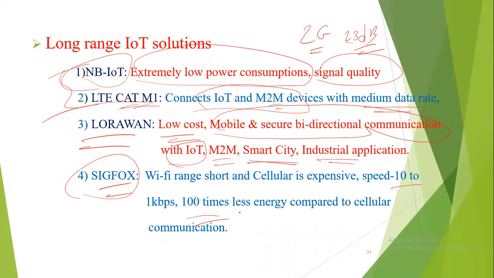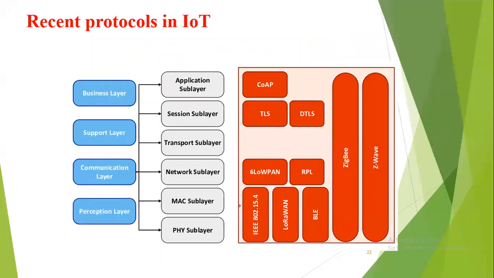As far as cellular communication is concerned, it consumes 100 times less energy as compared to cellular. Then there are some recent protocols. You can see 6LoWPAN is also there. Basically, this 6LoWPAN is built on top of IEEE 802.15.4. This 6LoWPAN works on IPv6. The long form of this 6LoWPAN is IPv6